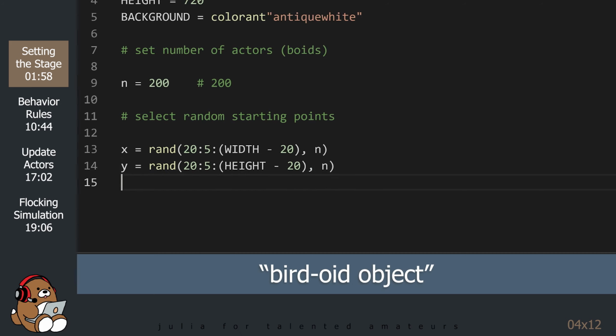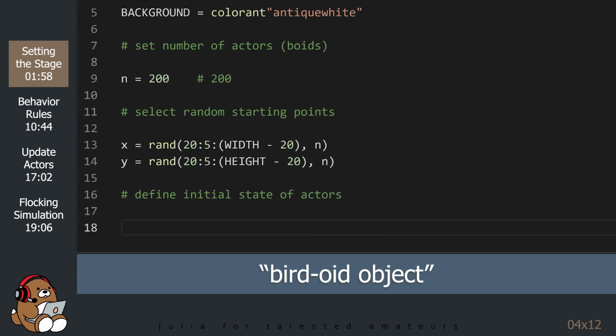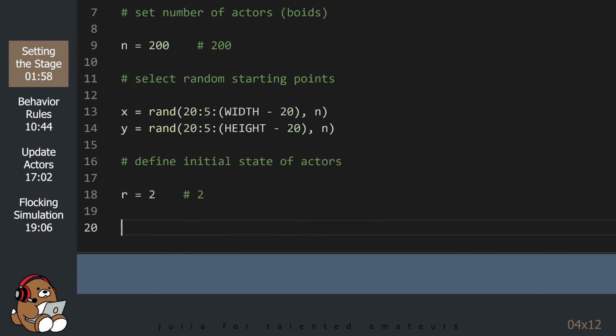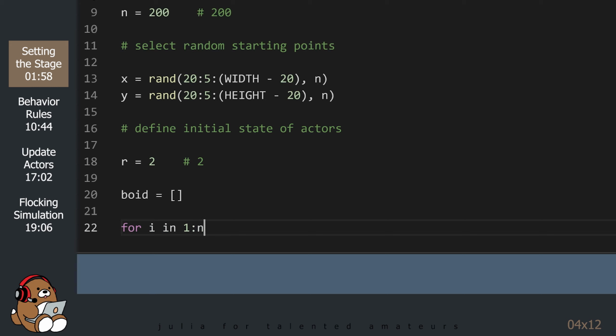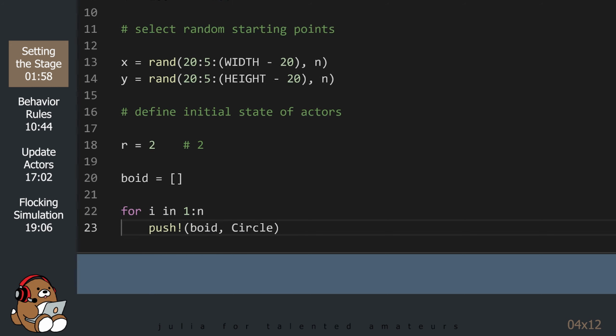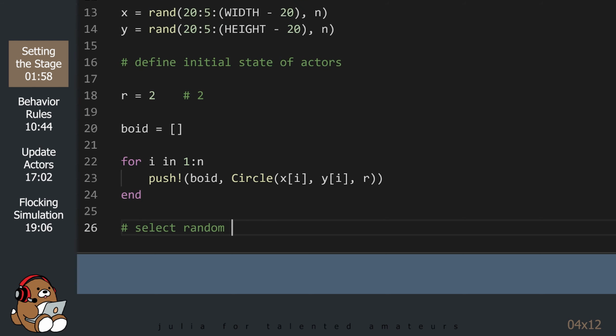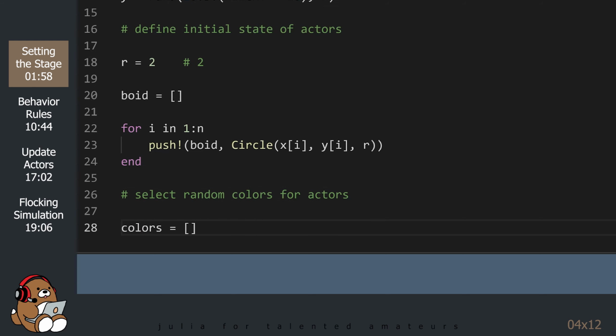Boid is a shortened version of birdoid object. In other implementations that I've seen, boids are represented by directional triangles, but for our simulation, we'll be using colored circles. We've used all of this code before, so there's nothing new here yet.